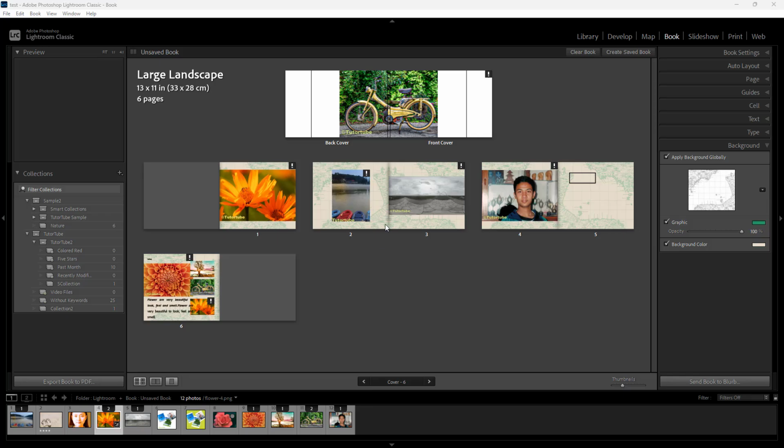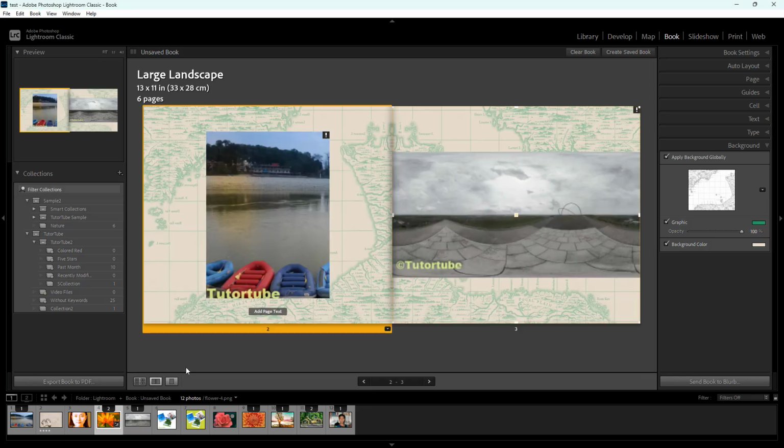So over here, you can see that I have this particular book file right here, just like this. And let's say what I want to do is export out a PDF file of this book, so I can share it out with others or print it out as needed. To do that, over here on the left hand side on the book section itself, you can see that